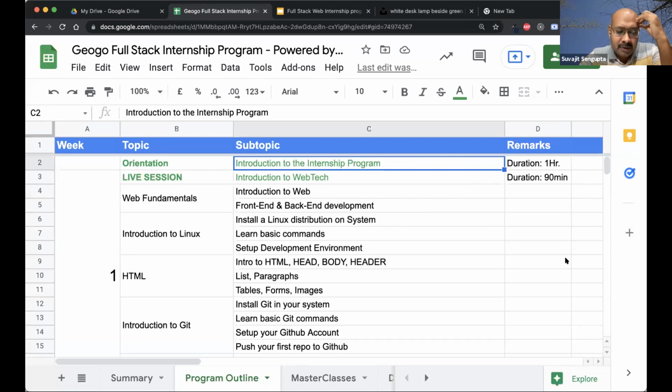We don't want that to happen. At your own pace, you pick it up and learn on your own, and in the session you have a discussion. If you are blocked somewhere, you sort it out. We have been doing this in the previous batches also, and we have found there is an added benefit to it, that you learn at your own pace.